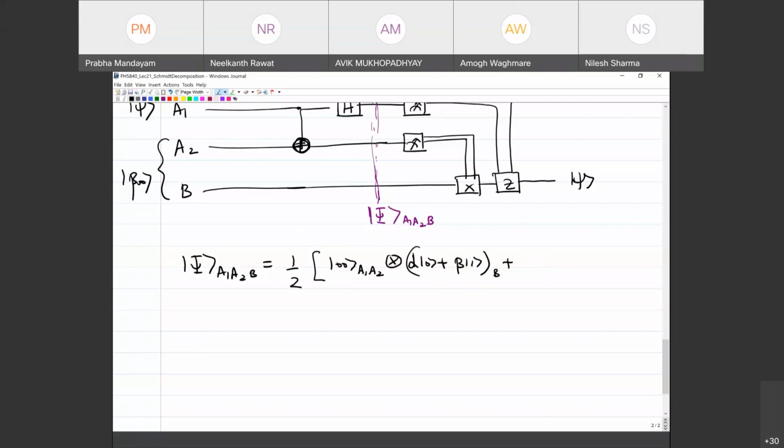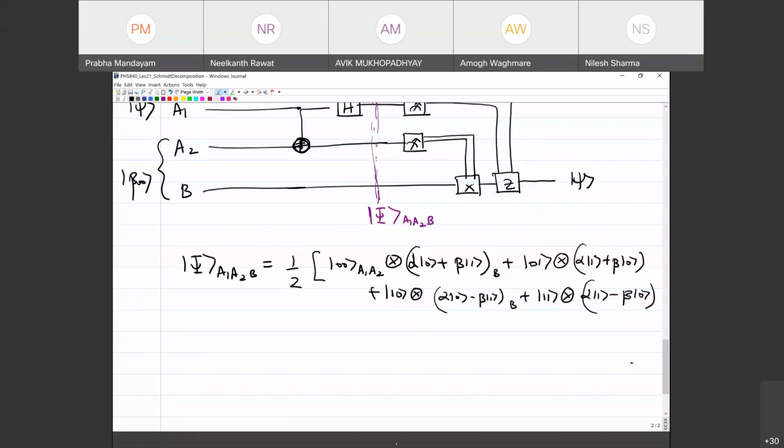So there was 0, 1. Since I'm not going to keep putting the subsystem all the time. Alpha 1 plus beta 0, 1, 0, alpha 1, alpha 0 minus beta 1, 1, 1, alpha 1 minus beta 0. Right? So this was the state before Anita did her measurement and announced the result to Bharat,